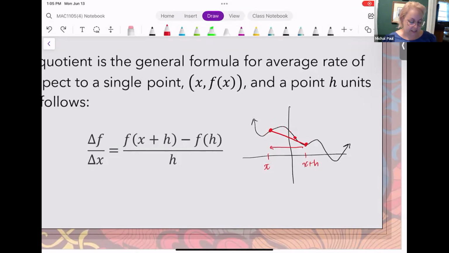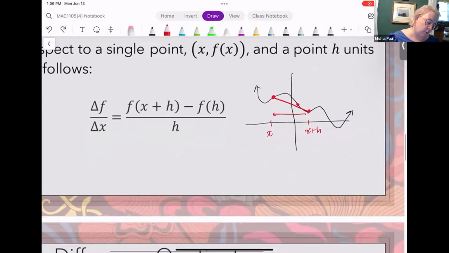Because of that, I'm just going to define my difference in terms of X and how far from X this other arbitrary point X plus H is. So it's just some distance away from X. So what I do is this is my... sorry, the reason I paused right here is that this is actually just